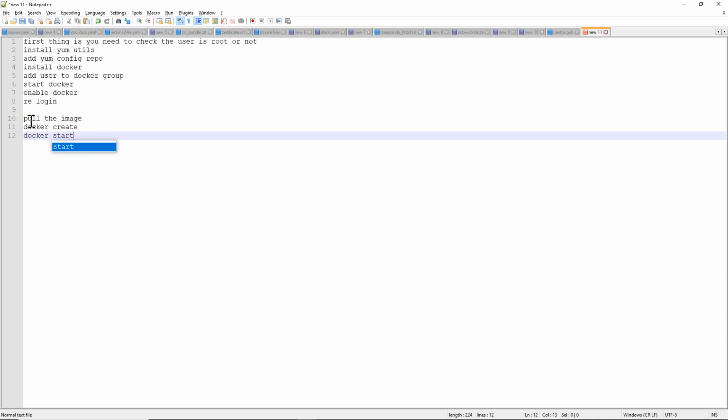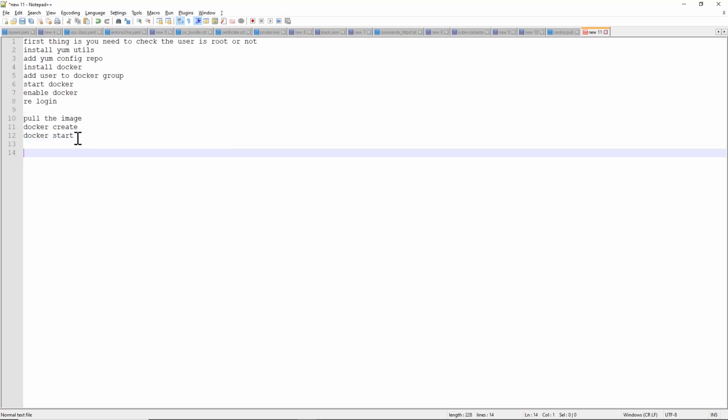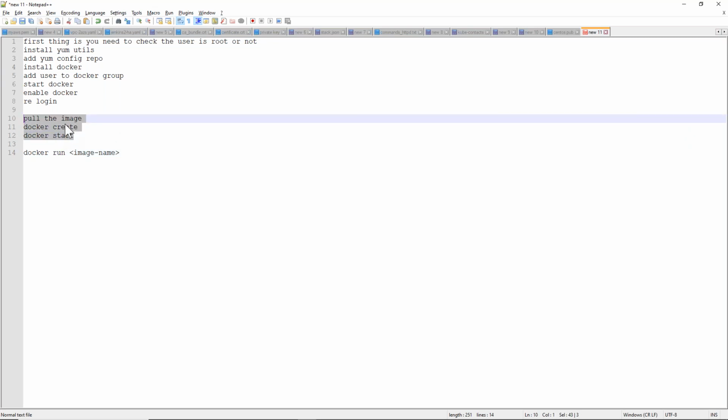So these are the three commands you need to run to create a container. But there is one command. Instead of running all these things, you can just use docker run and then the image name. So this run is equal to these three steps.